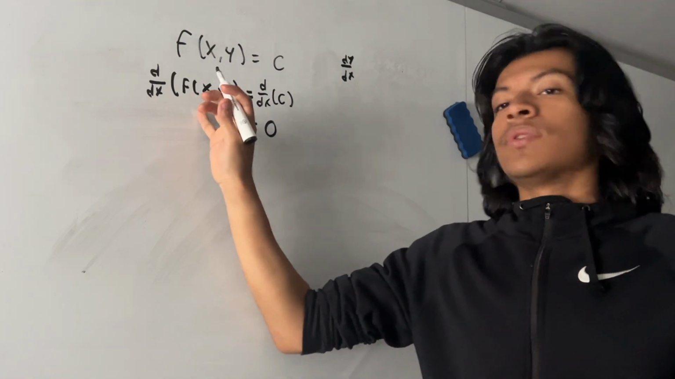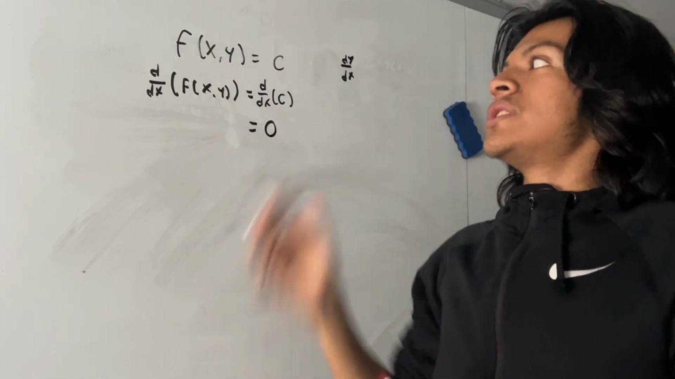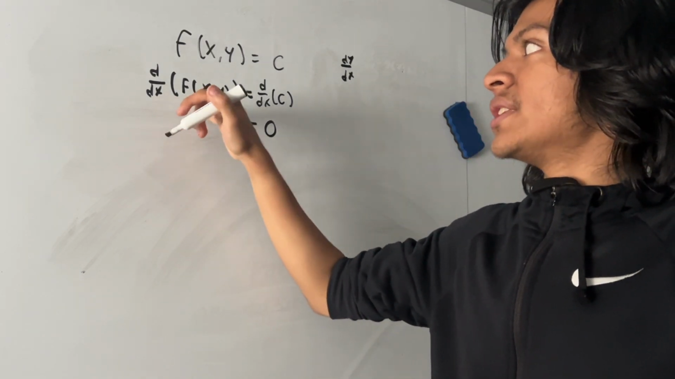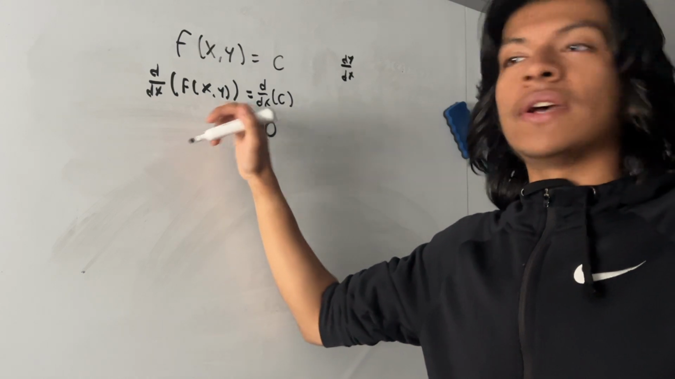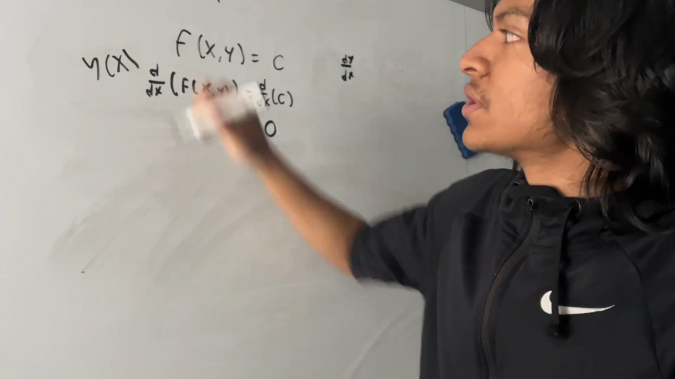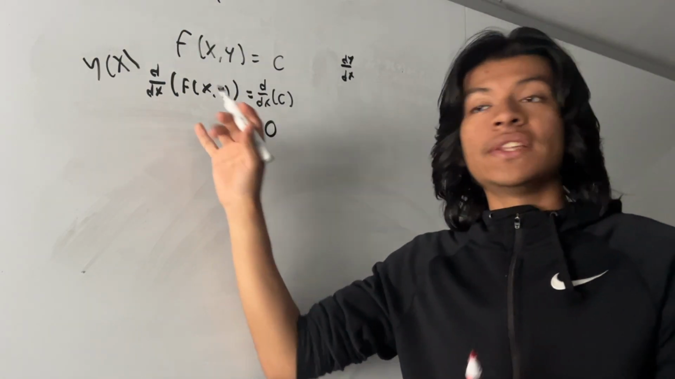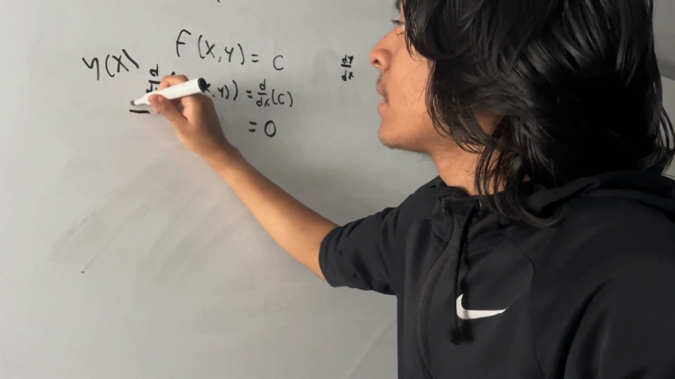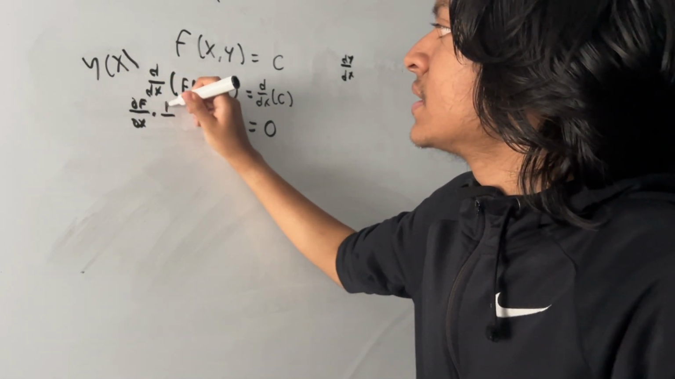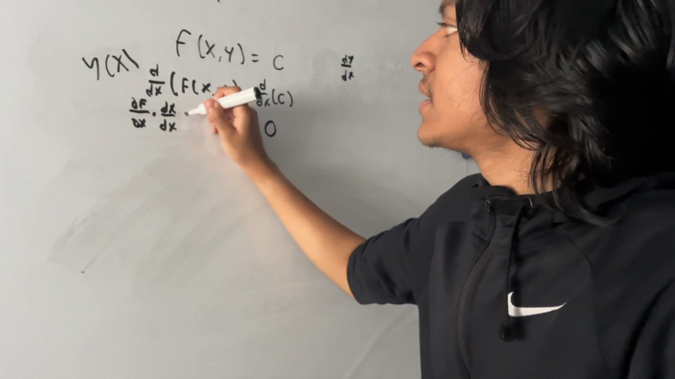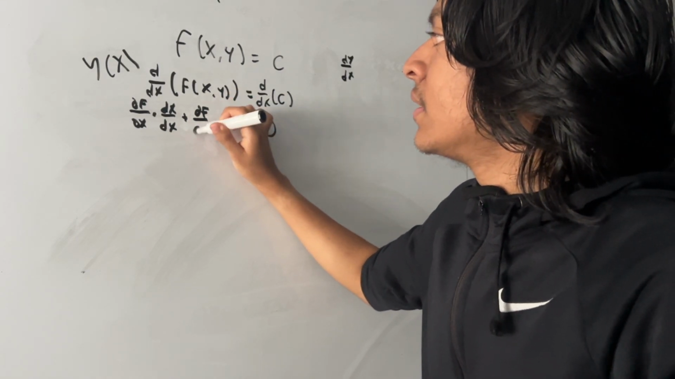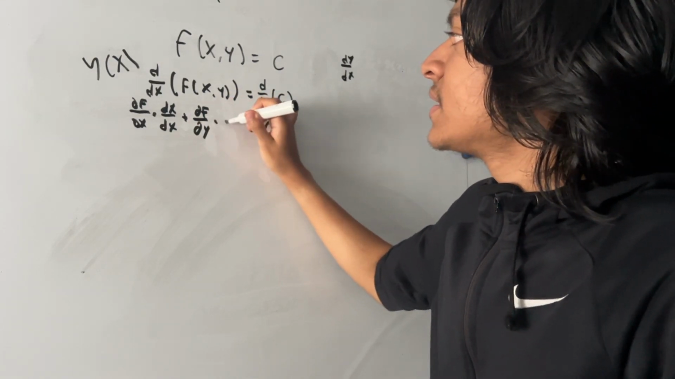And on this left side, we're taking the derivative of a multivariable function. This is like a Calc 3 topic. So when we differentiate this function, I should also note that y is a function of x as well. So when we differentiate this, we're going to get the partial of f with respect to x times dx over dx, plus the partial of f with respect to y times dy